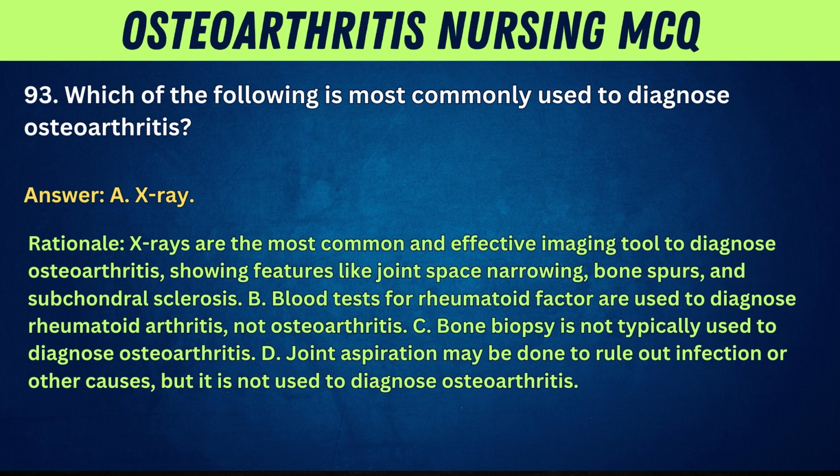B. Blood tests for rheumatoid factor are used to diagnose rheumatoid arthritis, not osteoarthritis. C. Bone biopsy is not typically used to diagnose osteoarthritis. D. Joint aspiration may be done to rule out infection or other causes, but it is not used to diagnose